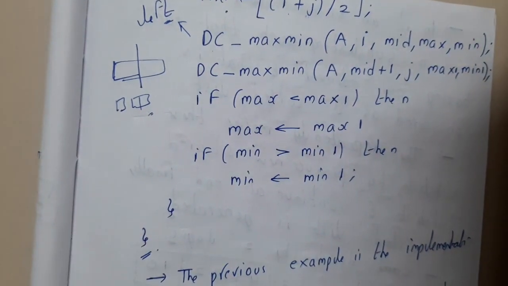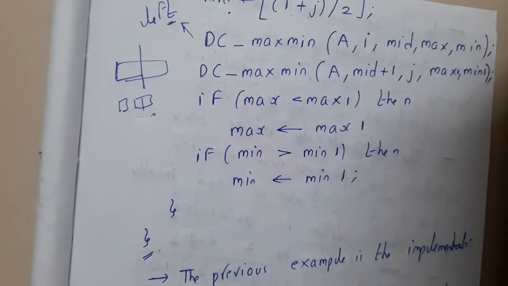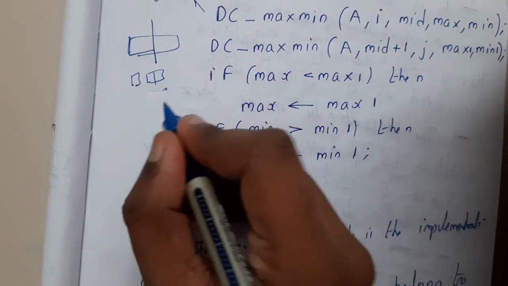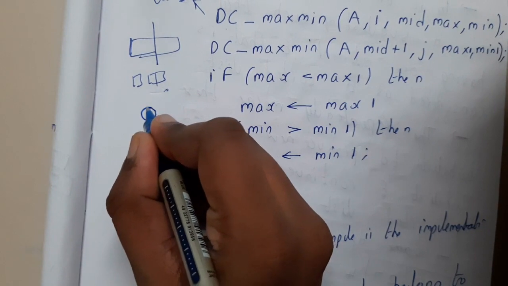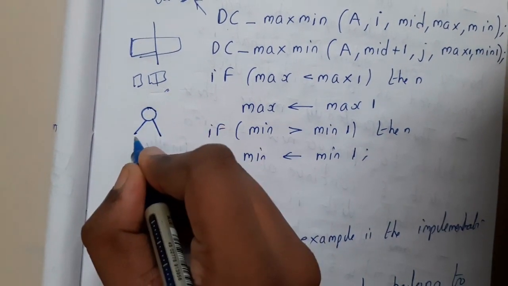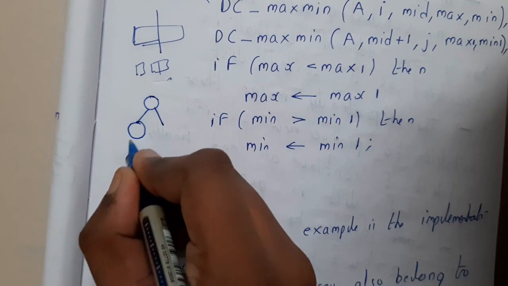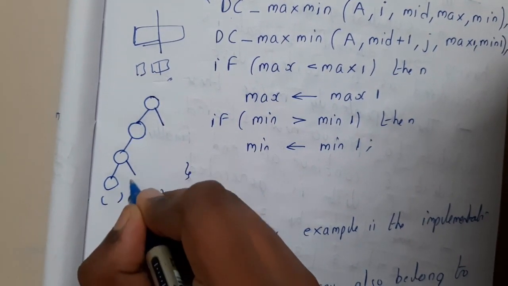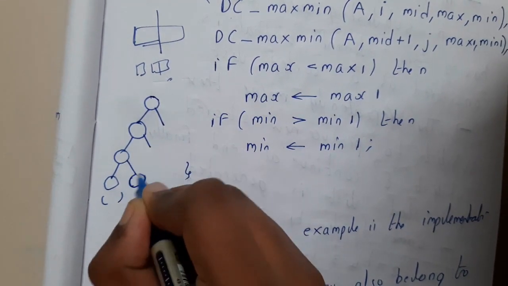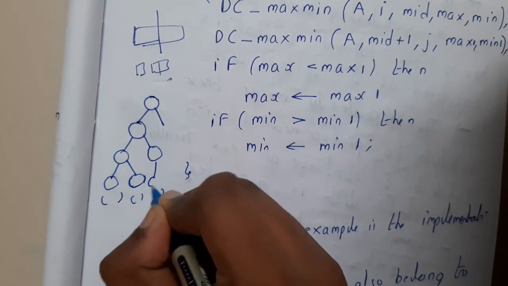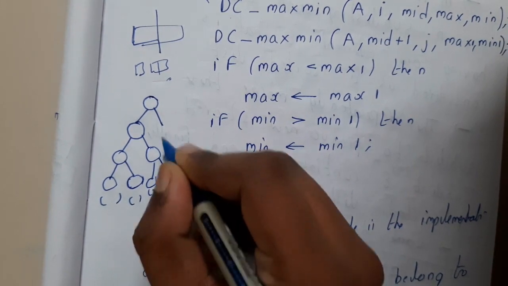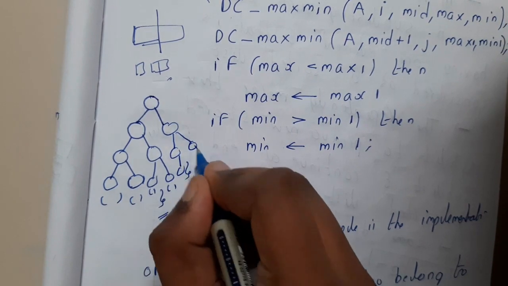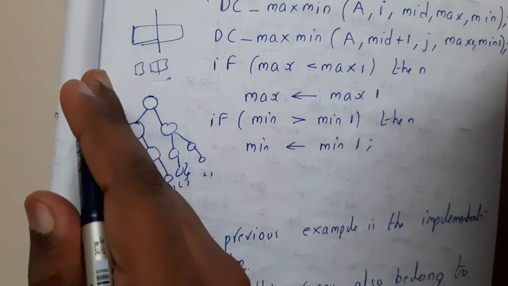If you want me to draw a small tree for this process, it will be in this way. Most of the recursive algorithms will follow this, guys. Assume you started here and divided into two parts. You will be considering only the first part. Again you will be considering the left and left. You will be finding the minimum and maximum, then from here minimum and maximum again. If there are any further ones, again you will be coming here and solving it into two parts, minimum, maximum. In this way it continues from left to right.